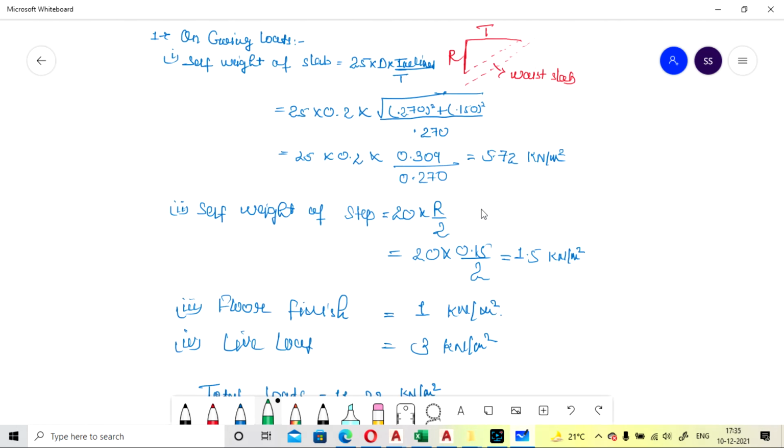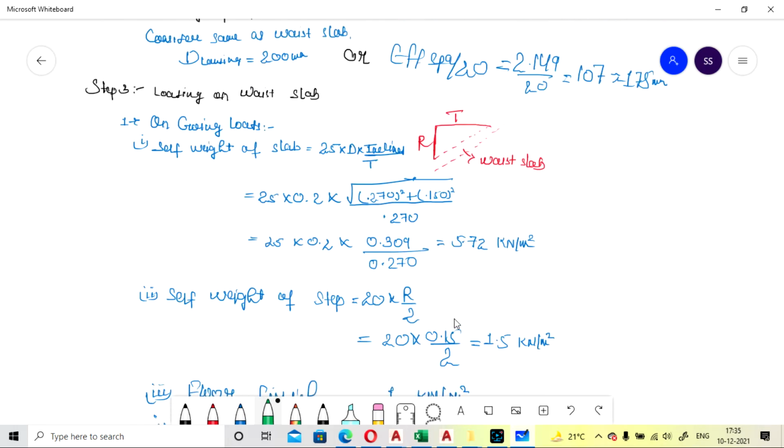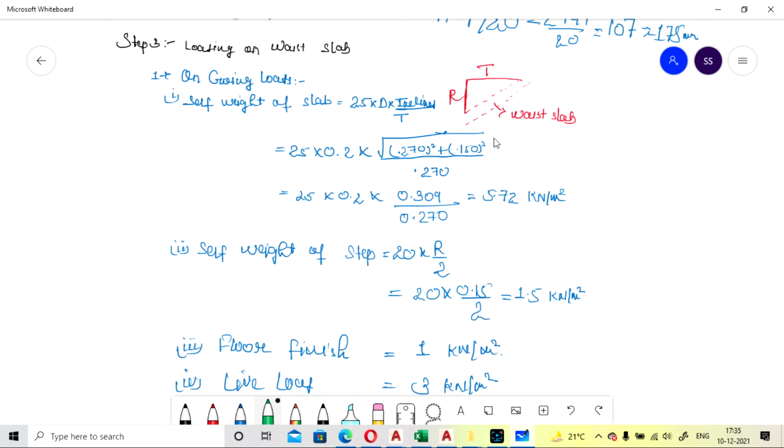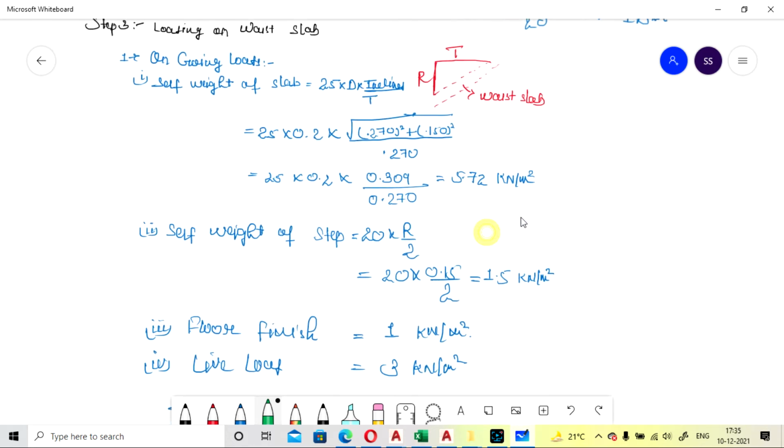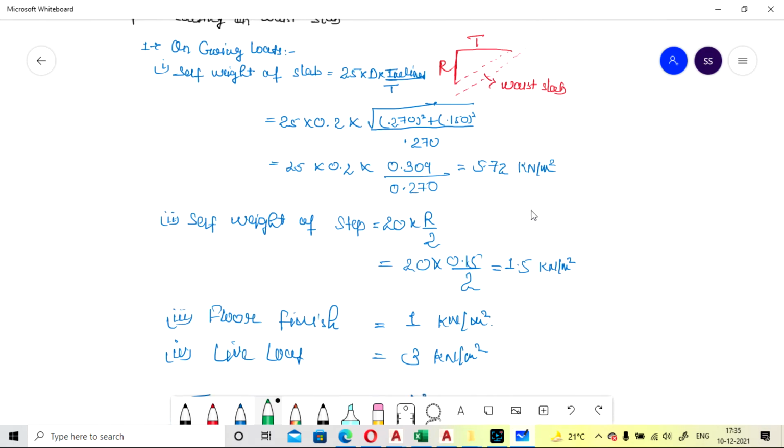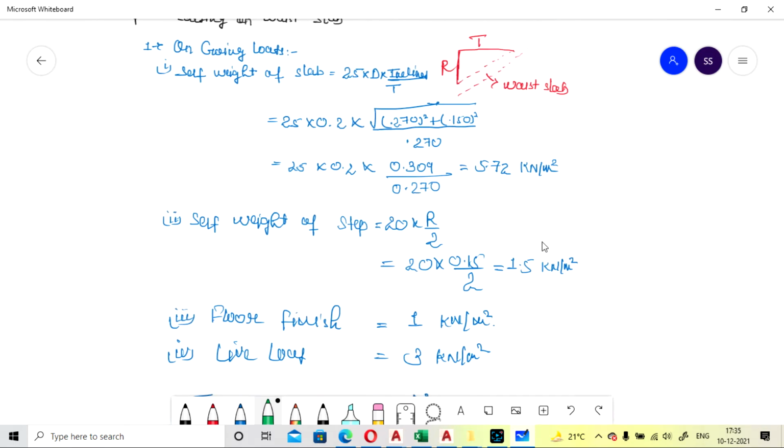Now we can go for the calculation of the self weight of steps. For unit weight we are going to consider brick here. So the unit weight we are going to take as 20 multiplied by r by 2. This will be your riser.